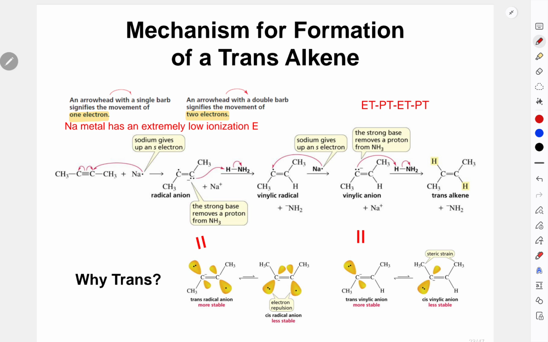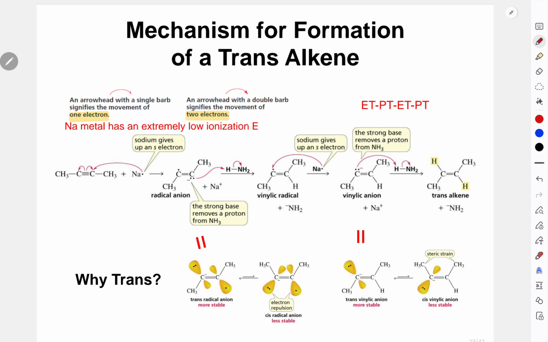And here you have sodium metal, right? And sodium metal has a very low ionization energy, as you know. It readily gives up the electron. In other words, it tends to give the electrons to the other species around. If the alkyne is around, then this electron will get donated. This will be delivered to the alkyne, following the single bar arrow,